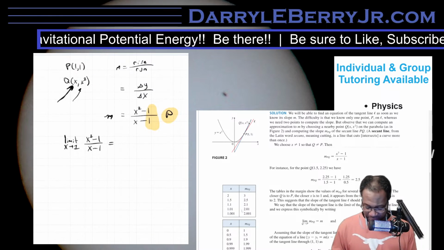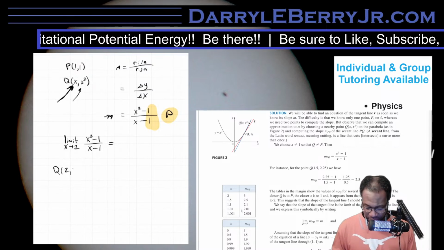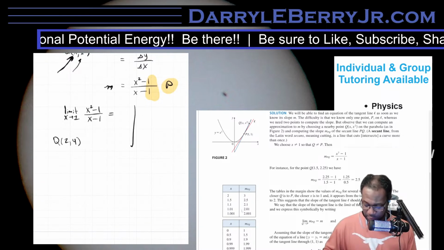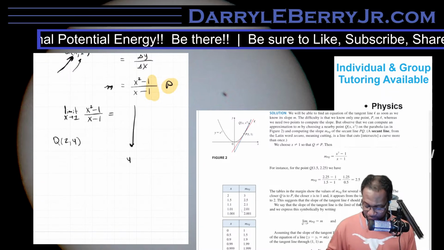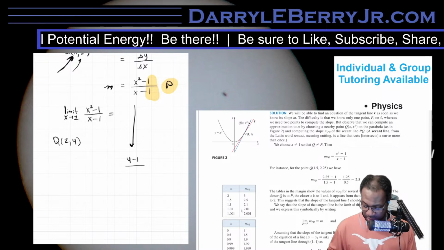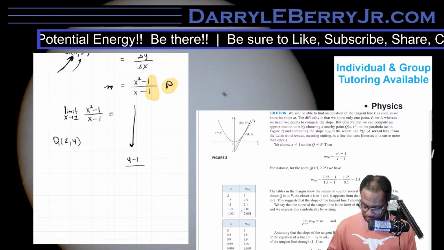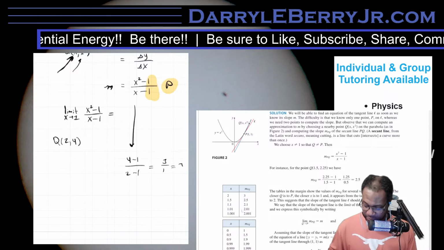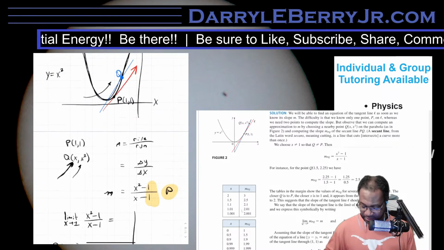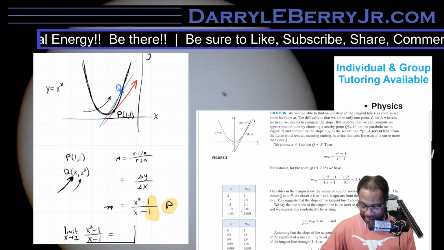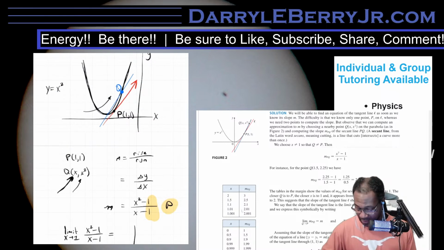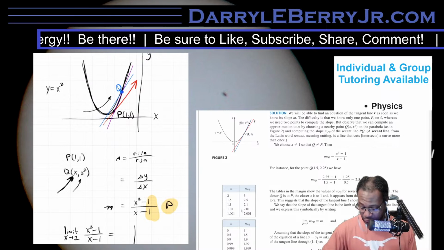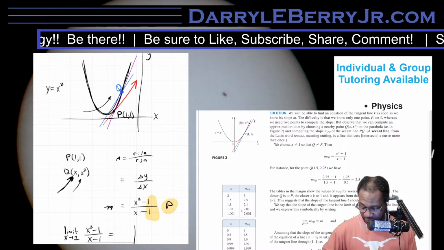So let's say I make my Q x is 2, so that means it'll be 4 for y. So if I was to get the slope of that, it'll be 4 minus 1 over 2 minus 1. So that's going to be 3 over 1. So that's 3. What that means is that between these 2 points on this secant line, we also draw a third line between these two. The slope between these two, given those 2 points, is 3. That's the slope there.